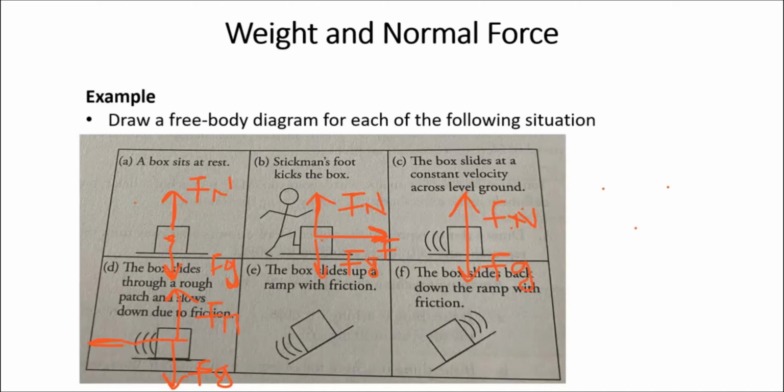So here we have the Ff. That's the frictional force applied to the object. It's going in the direction of this sign, the force of friction. All right, so in this other description here,